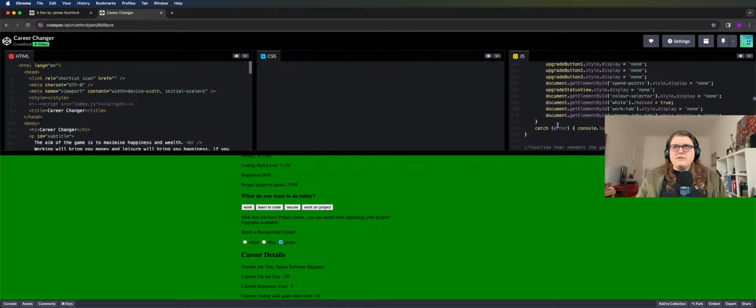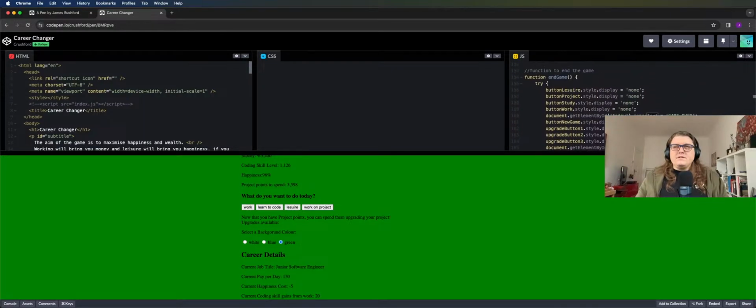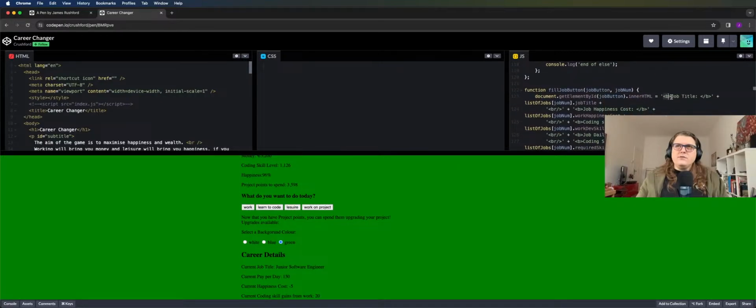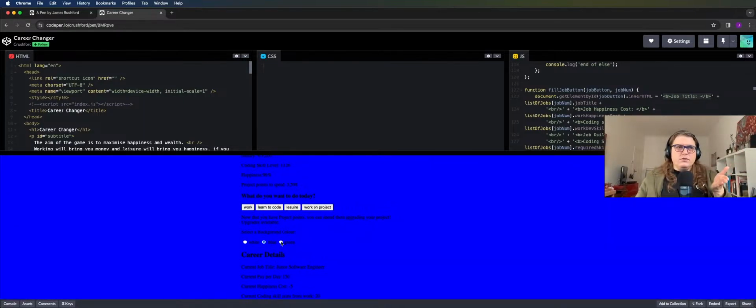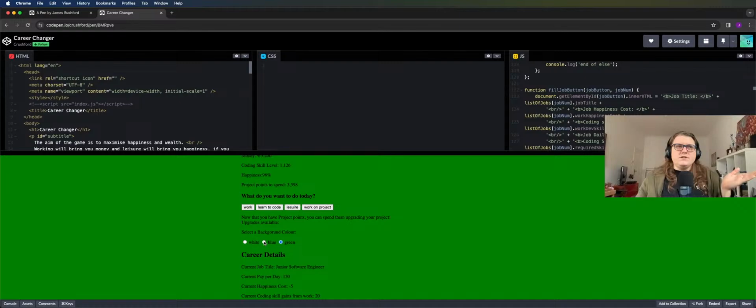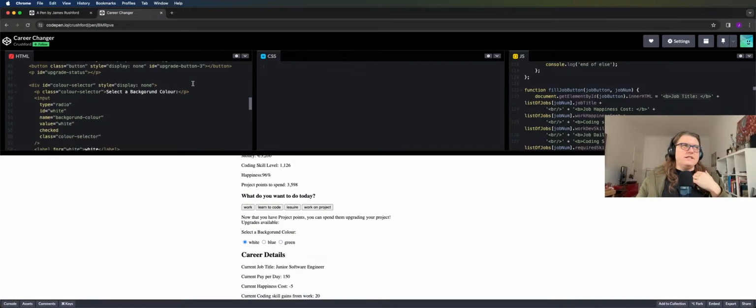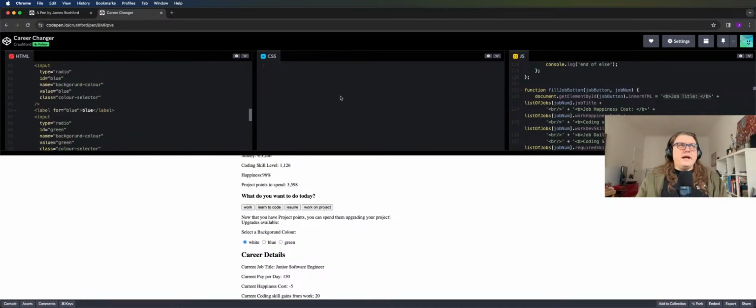So you can see in my JavaScript that this is done all in vanilla JavaScript. Everything's vanilla. There's no libraries here at all. So it really gives you a good understanding of how JavaScript works. And then also, how does HTML work? Because whenever we change something, like we're changing the background to blue, we're doing this in JavaScript. You can see there's no CSS. The HTML is very, very skinny, and everything's in JavaScript. That's what you're going to do for your project that I'm going to walk you through now,